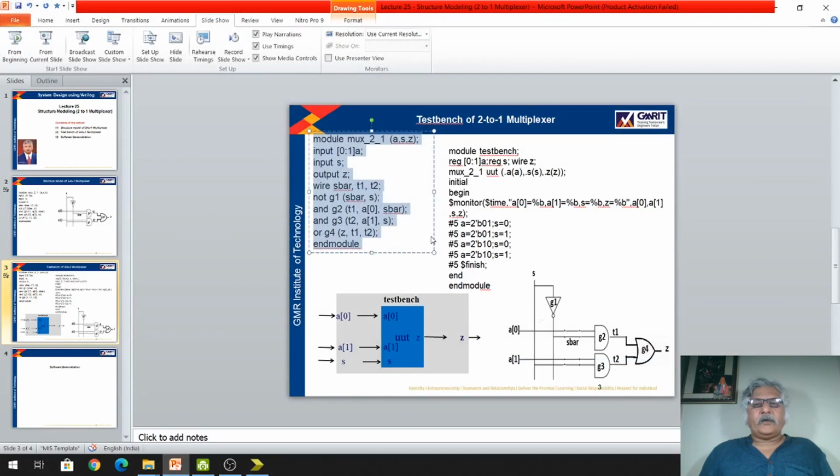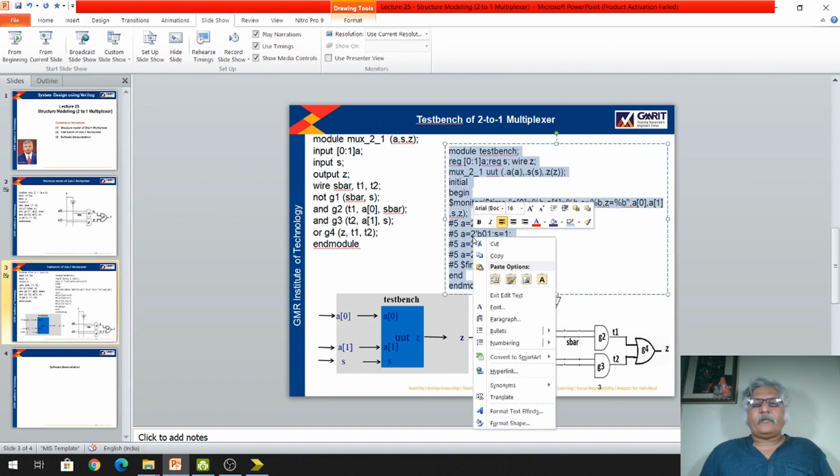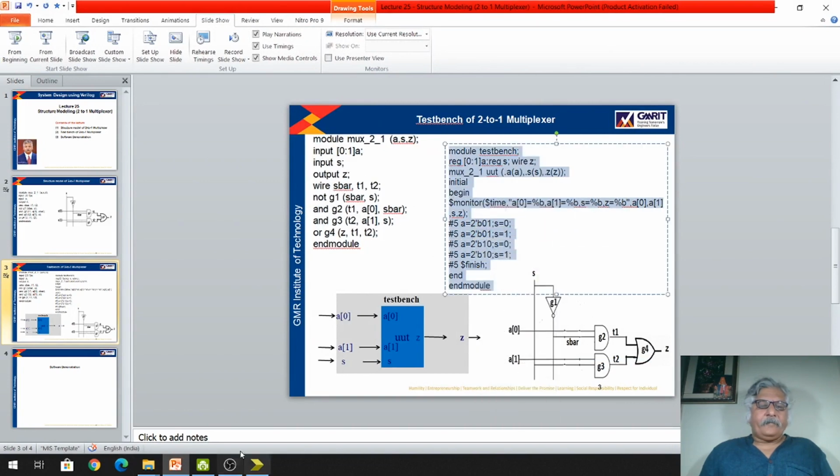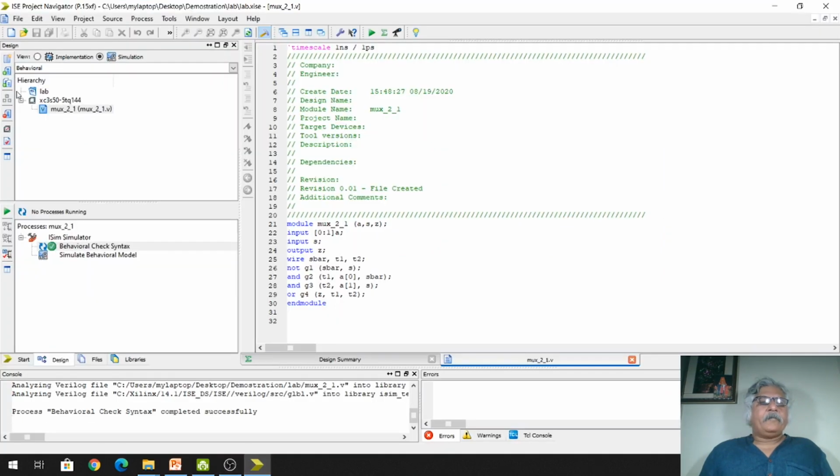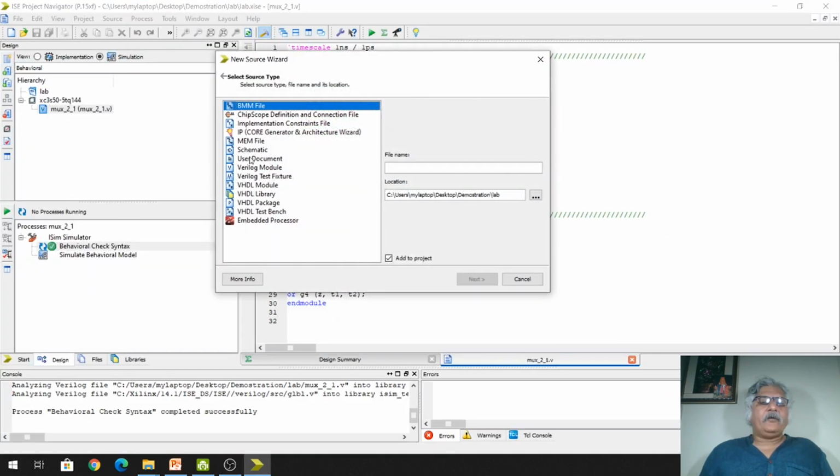So for the test bench, I will copy this test bench code. Again I will open a new source file. Now I will select Verilog test fixture, and here I will write the name testbench.